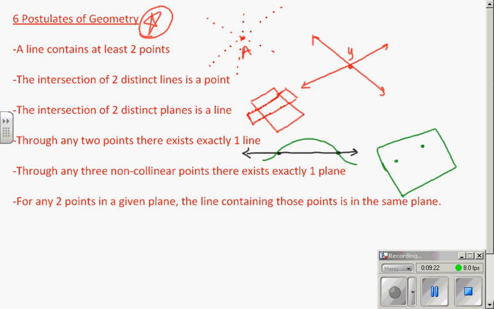Through any 3 non-collinear points, there exists exactly 1 plane. So I could have a plane like this, and I could put 3 points on it, but the 4th point will jump off. I can contain any 3 anywhere in space, but the 4th one I can't maybe contain. And for any 2 points in a given plane, the line containing those points is in the same plane. And that's easy to see that if I am connecting and creating that line